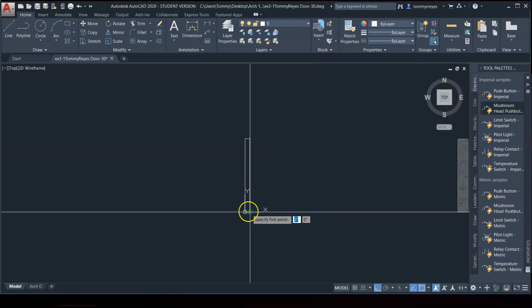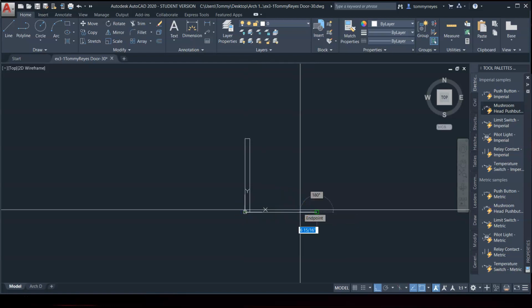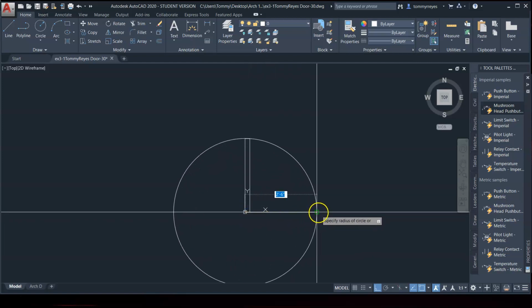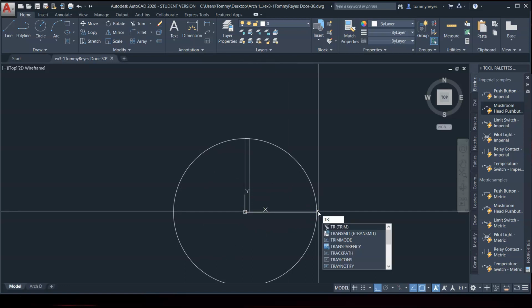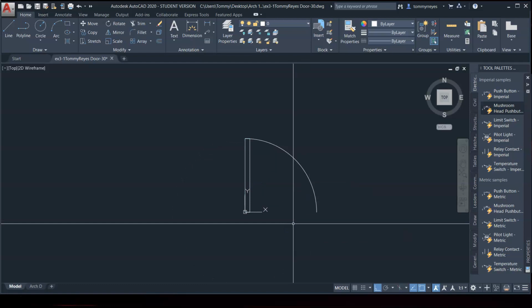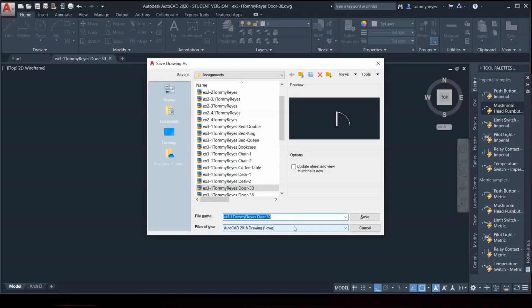Done. And then I'm just going to do the same thing. Make construction lines 30 inch. There you go. Escape, circle, spacebar, create circle. Done. Trim, TR, spacebar, select objects, spacebar, delete. Done. And that is the 30-inch door. So Control S for save, Control Shift S, and we need to make a